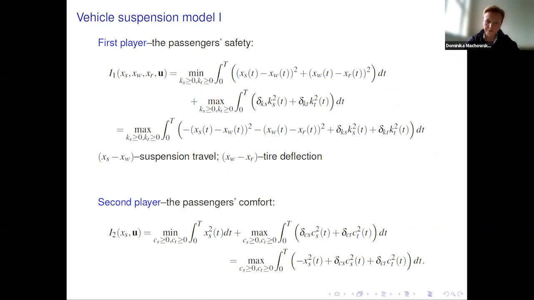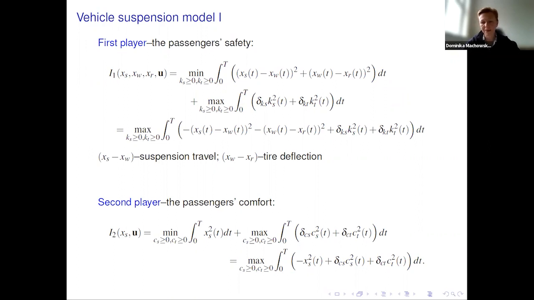Of course, first of all, they minimize vibration of the car body and maximize damping. And why do we need the higher damping? Because damping means that the car follows the road very smoothly. So this is our game, and we want to use our tool to find the Nash